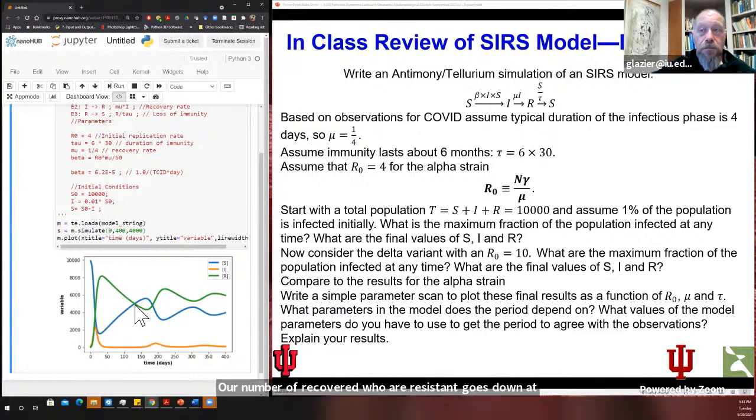At some point, namely here, around 150 days, we're below our herd immunity threshold again, and we get a second peak of infection. Then another 150 days later, we get a third peak. And if we extend this out even more,